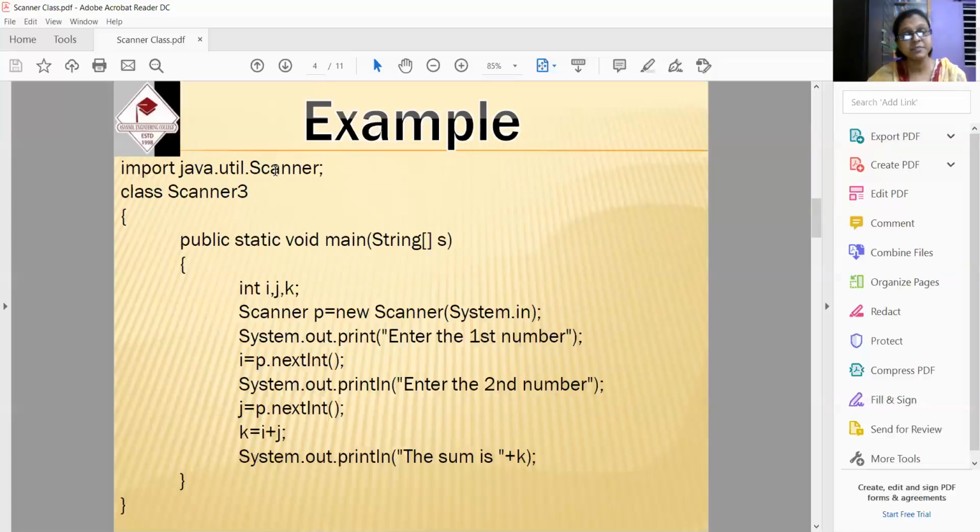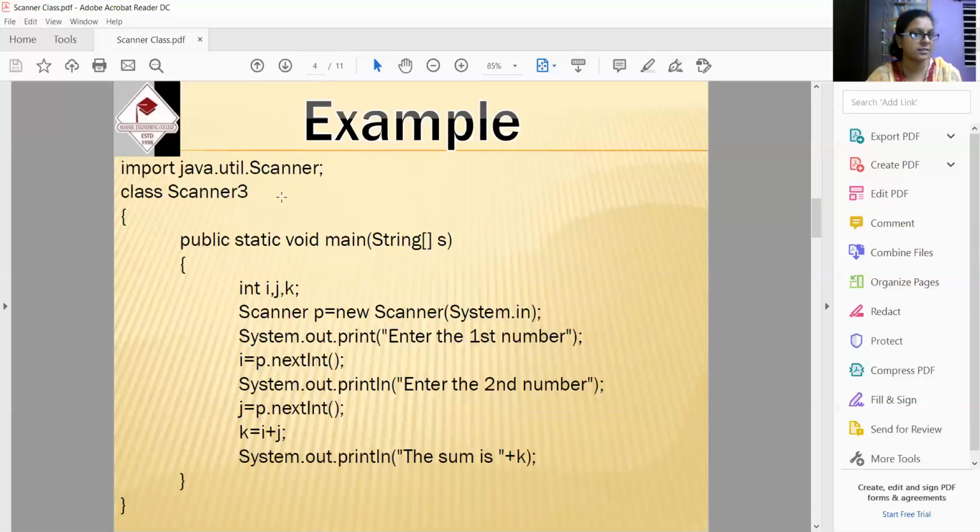If all classes present in util are required in my code, then I have to write java.util.* with a semicolon. Via the asterisk, we include all the classes within this code. But I have to use only Scanner, so I have written only java.util.Scanner.